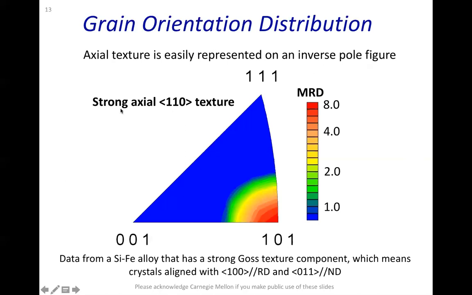And in this case, this strong axial 110 texture means that my 101 crystallographic direction is parallel with my normal sample direction, right? The orthogonal to my rolling sheet. Of course, this works because I can use poles and directions interchangeably, because this is a cubic inverse pole figure, and